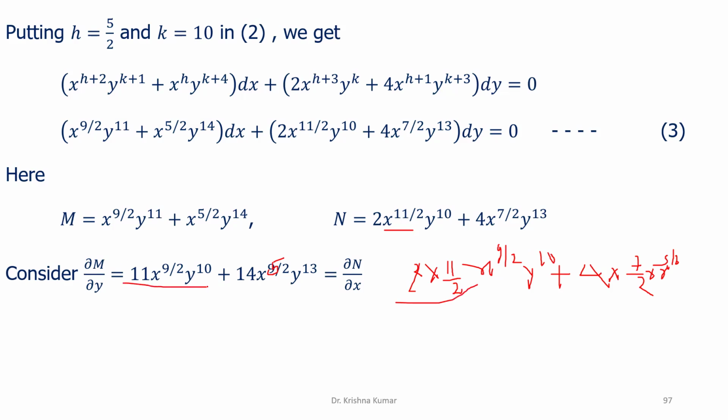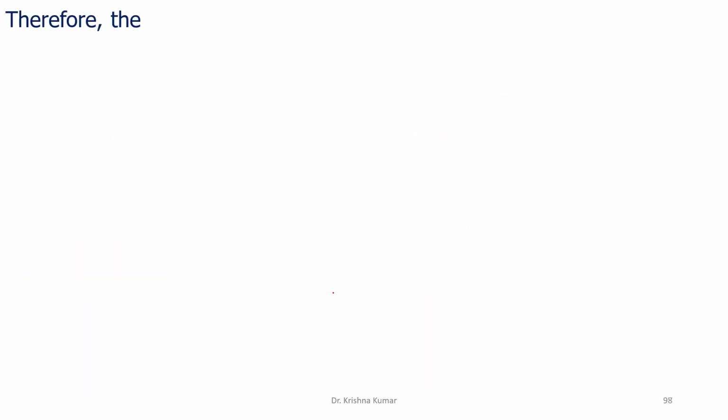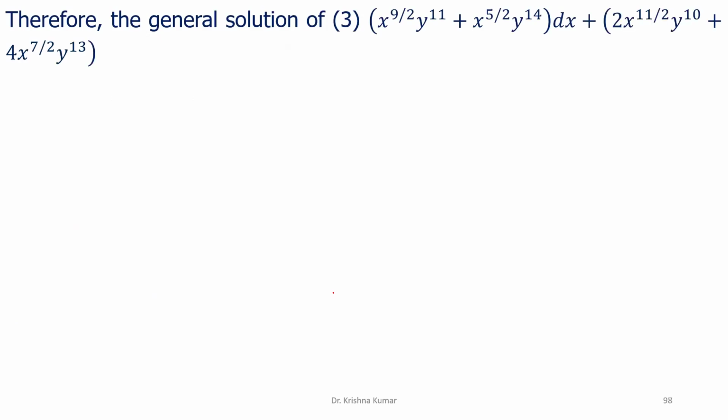11 x to the power 9/2 y to the power 10 and 14 x to the power 5/2 into y to the power 13. So now both ∂M/∂y and ∂N/∂x are equal. So hence the given equation number 3 is an exact differential equation. Since it is exact, we are able to get the general solution of equation number 3: (x to the power 9/2 y to the power 11 plus x to the power 5/2 y to the power 14) dx plus (2x to the power 11/2 y to the power 10 plus 4 times x to the power 7/2